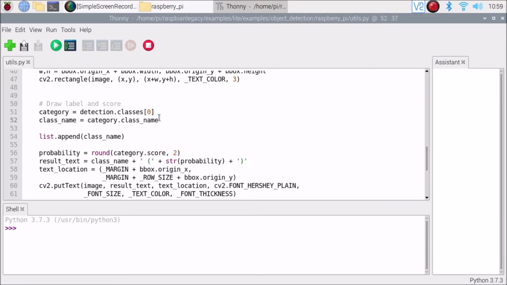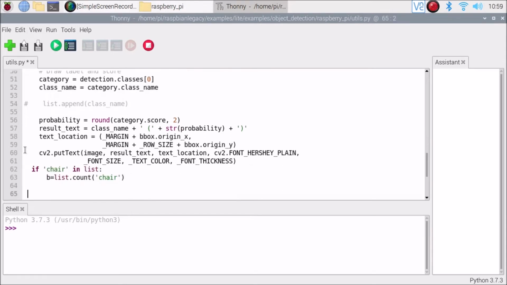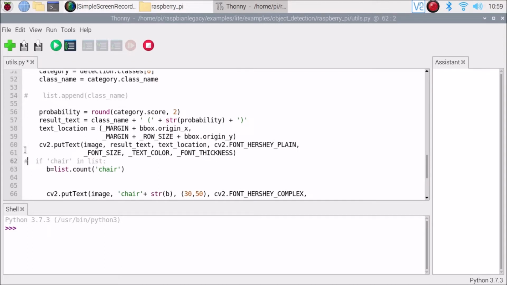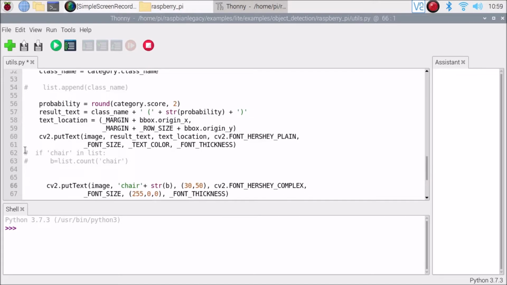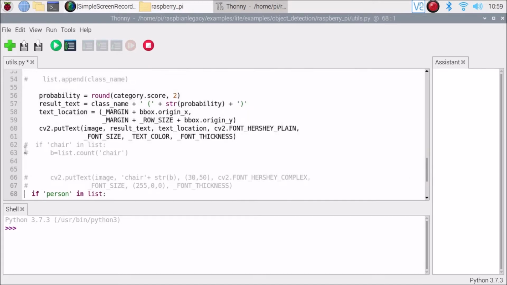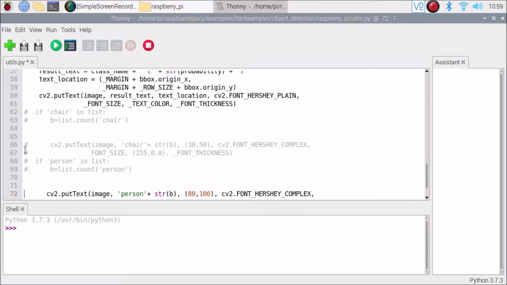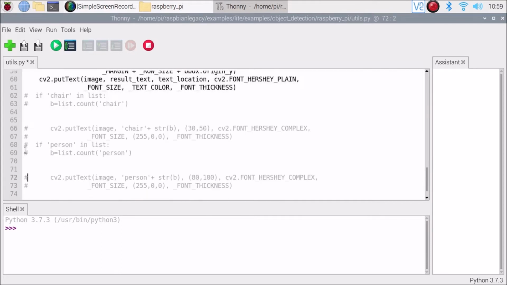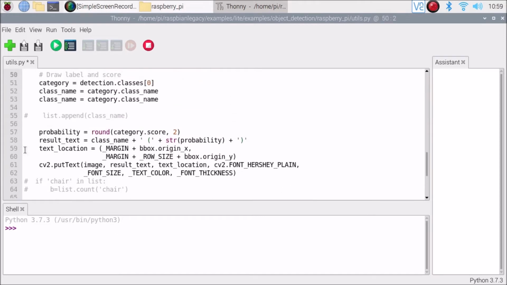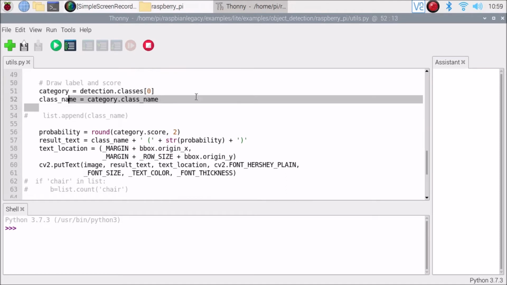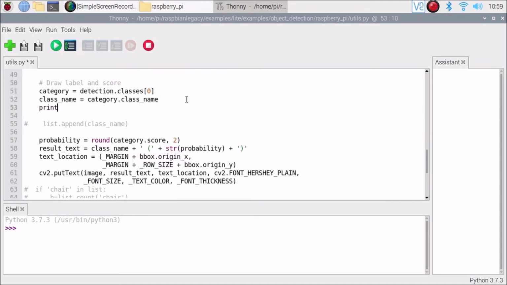So first let me comment what I have changed for counting the objects, then we will get a better idea. Okay, so we are going to see all these things step by step. Let me comment these things, the font size also. Okay, so we have done that. Now first, as I mentioned, the class name is basically the object's name. So if I print the class name here, now if I save the code,